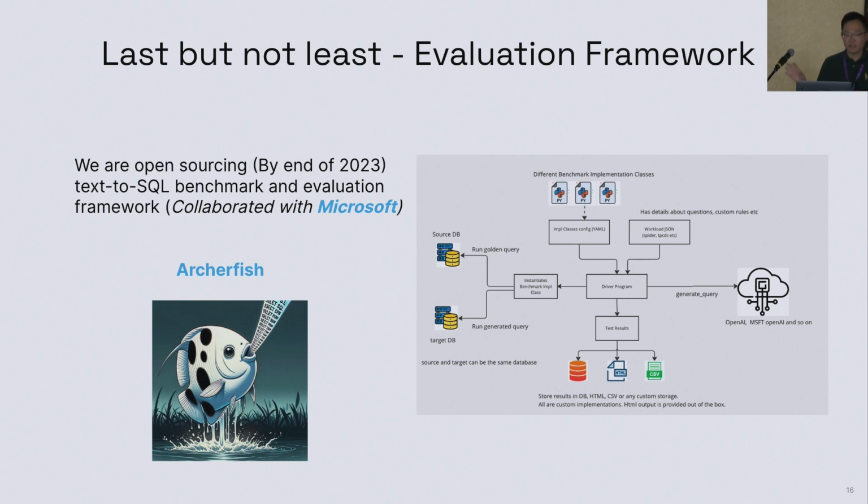We implement the comparison rule. I think the biggest change compared to other evaluation frameworks is that we're trying to make the comparison reduce as much noise as possible. Previously, if you generate two queries and run them, and directly compare the result sets, in most cases you cannot compare. For example, the column name may be changed, the order may be changed, and there are many other things. We're trying to take care of this in the evaluation framework to reduce the noise from the comparison.